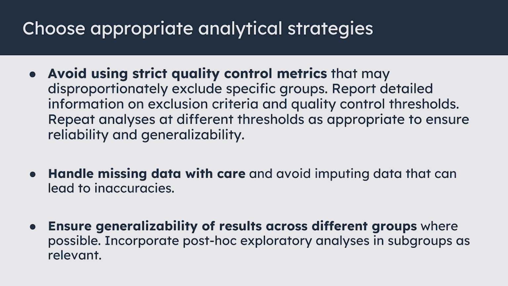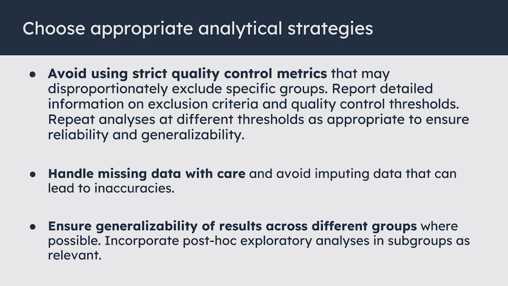And then once we get to the analytical strategies, we've talked a little bit about how different aspects of how you acquire data might introduce biases. But something else that happens is if we use very strict quality control metrics, that often leads to exclusion of specific populations. There's a lot of data showing that if you have very strict motion thresholds, usually you're losing more demographic diversity in your samples. There's also an interesting phenomenon where missing data itself is very valuable information, because that missingness is not random. There's usually missing data for specific population subgroups for a reason. So if we just exclude people with missing data, you're again introducing biases.